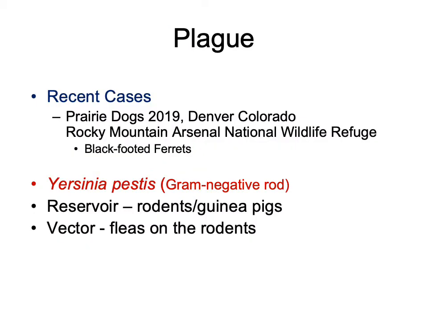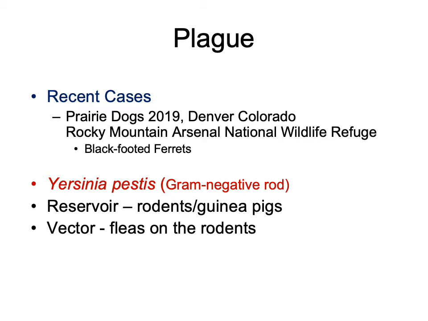You might think the plague is an infection that occurred in the 1600s and it's not something that you should be concerned about. But in actuality, the plague is still here. And there have been recent cases found in national park areas in different types of animals, ranging from prairie dogs to black-footed ferrets. There's a recent case of a prairie dog population in Denver, Colorado, being severely affected by the